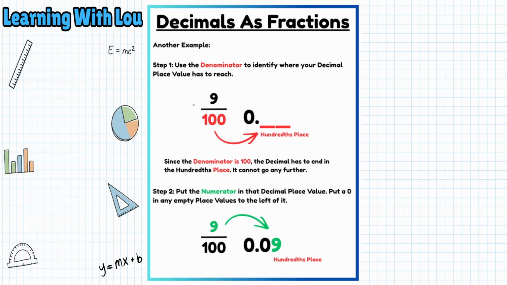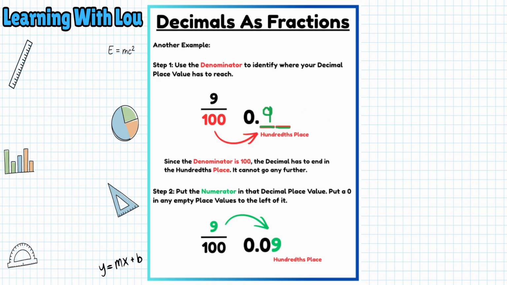So now we have 9/100. Now again, you want to identify where your decimal place value has to reach. So we have 100 as our denominator. I'm going to draw 2 lines, one to get to the tenths place, and then another one for the hundredths place, because this tells me where my decimal has to end. Now this is where my students always get confused. I always see somebody put 0.9 because your numerator is only one number,